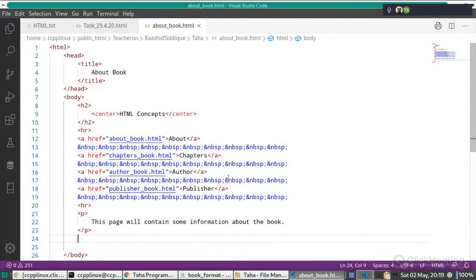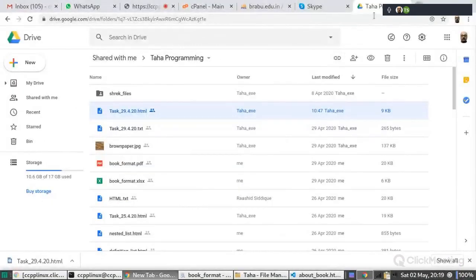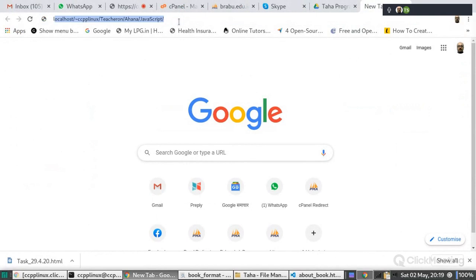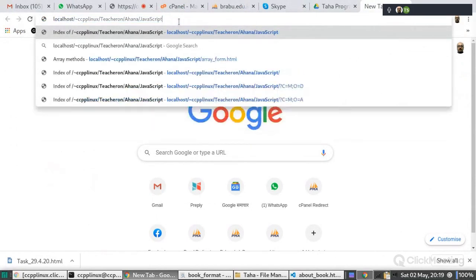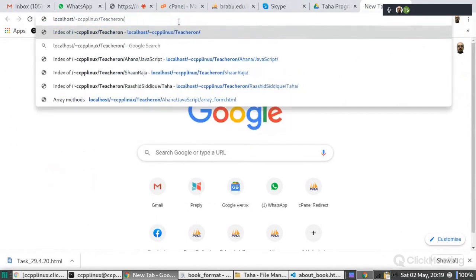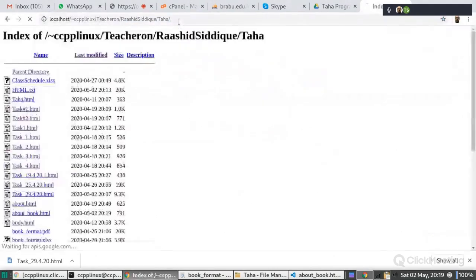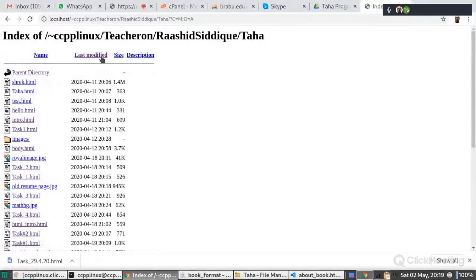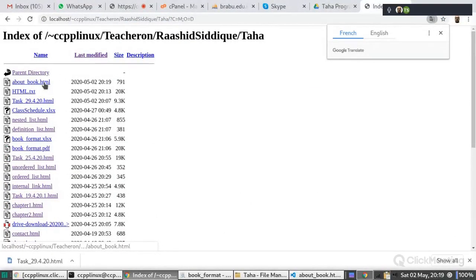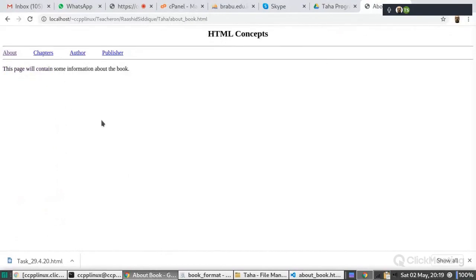It's about_book.html. Let me open this file. Do you see this? Yeah. So this is the very basic file, and now it is having all the menus.